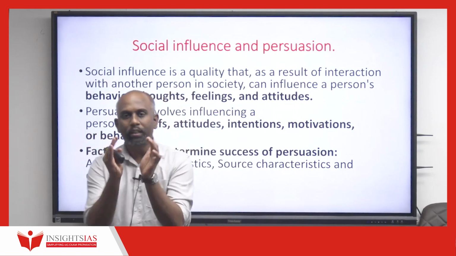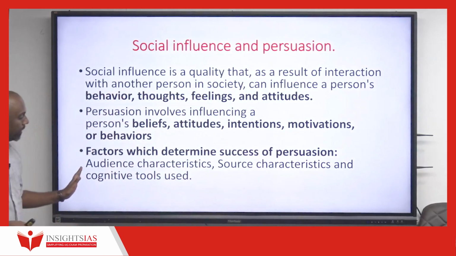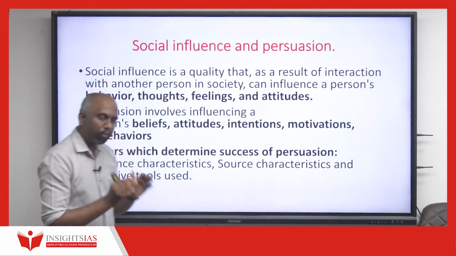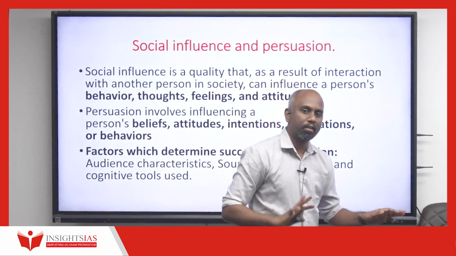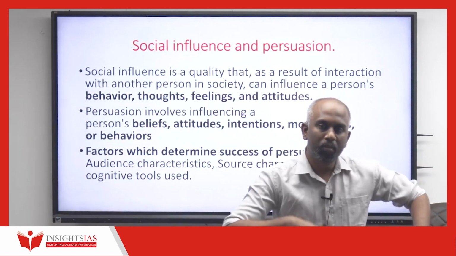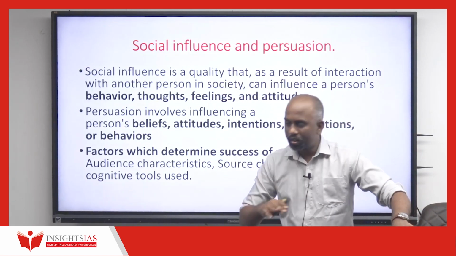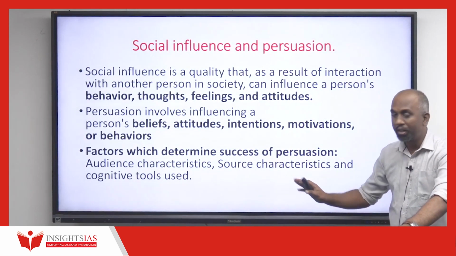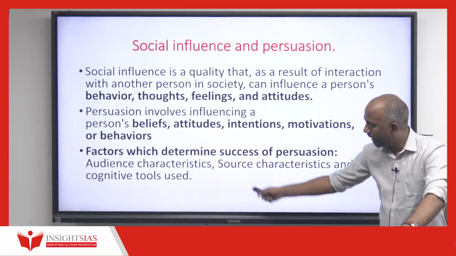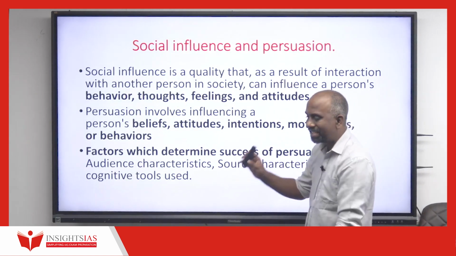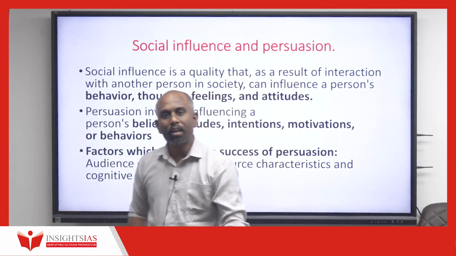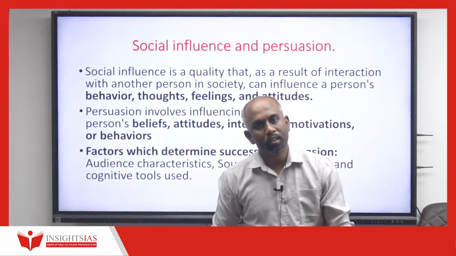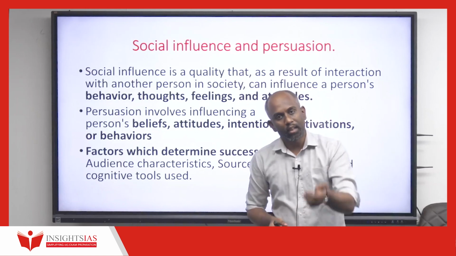Now, the crux of all these theories, you can put them under three important characteristics. If you follow these three important characteristics and the parameters related to them, the persuasion process will become successful, right? What are these three parameters? This is also called the elaboration likelihood model. We won't get into much more detail of it, right? Anyways, coming back, the first one is audience characteristics. You need to understand what is motivating the audience, why they hold that attitude, what purpose that attitude is serving them. That is one thing.